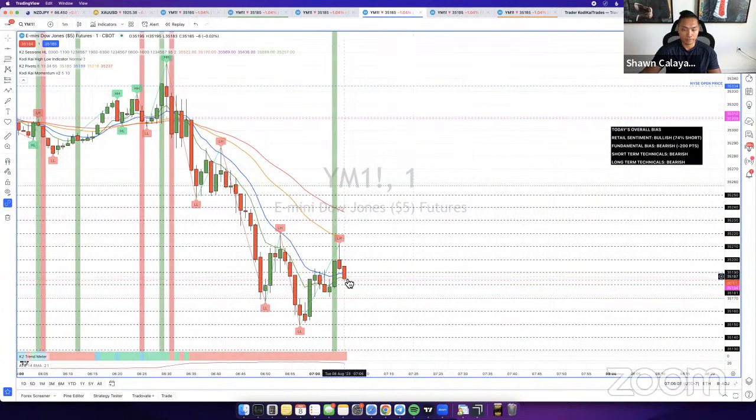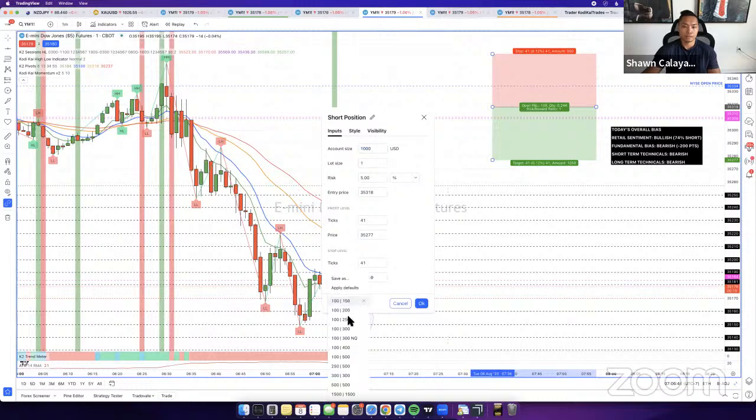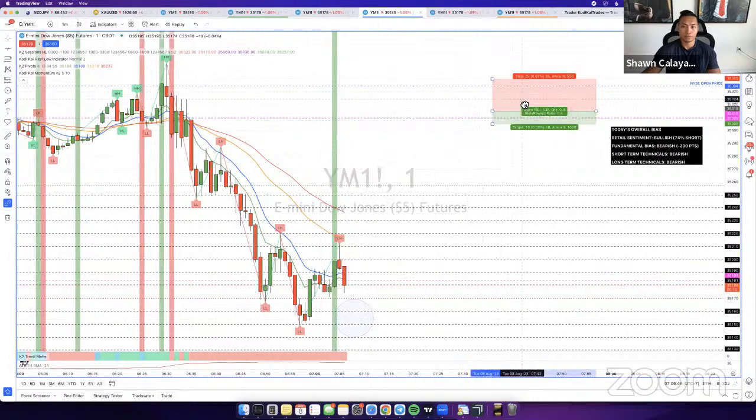All right, so we got price coming back down right here. I'm expecting a sell signal to come back if this ends up dropping below this buy signal. So if price comes back below this area here, then I would be looking for a sell signal. All right, price is starting to dump right there a little bit. Let's see if we get that sell signal. There we go. So there goes a pending sell signal. It hasn't closed yet, but pending sell signal right there.